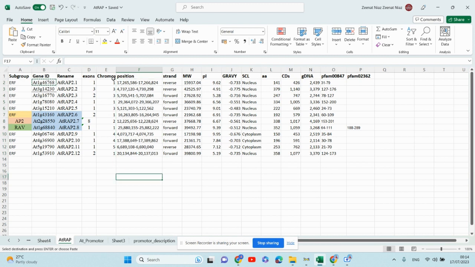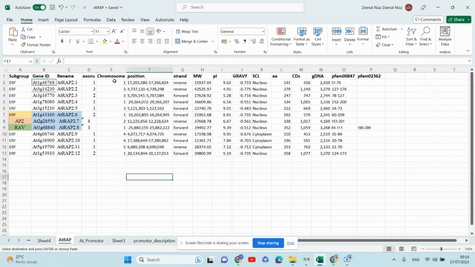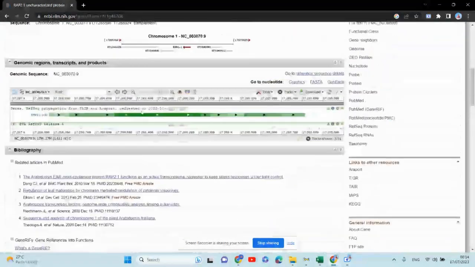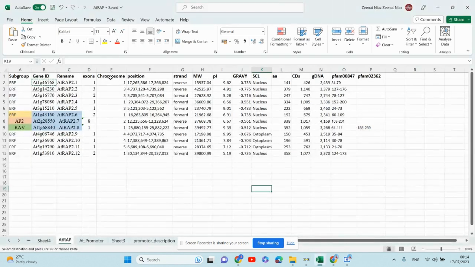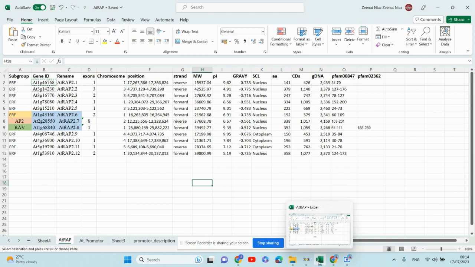The other thing is the chromosome. So chromosome is like on which chromosome our gene is present. This is also on the same database. So here you can see that the location of the gene, it is present on chromosome 1. So in short, you will make the file like that. So these are the two things, and the third thing is that we should have the information about the chromosome